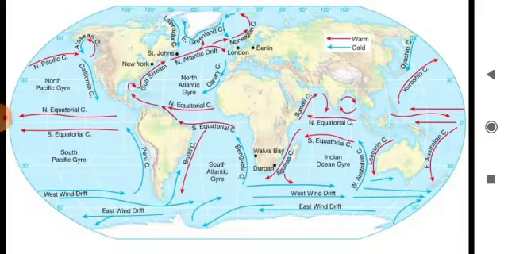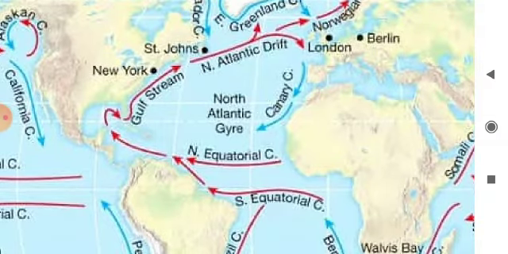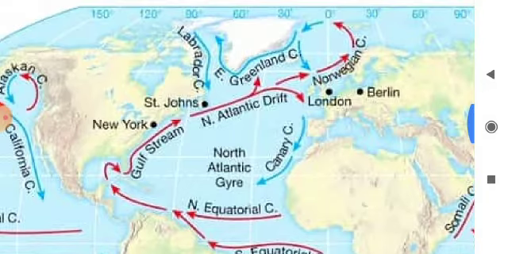Major currents of the Atlantic Ocean. Gulf Stream current. The Gulf Stream is the largest of the western boundary currents of the North Atlantic Ocean. This is a warm water current which originates in the Gulf of Mexico around 20° north and moves in a northeasterly direction along the eastern coast of North America, right? Water within the current is usually warm and blue.